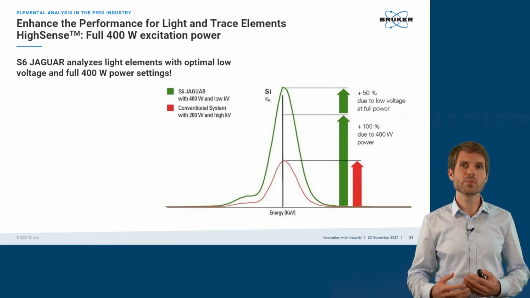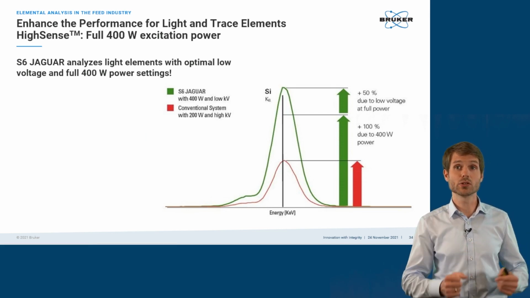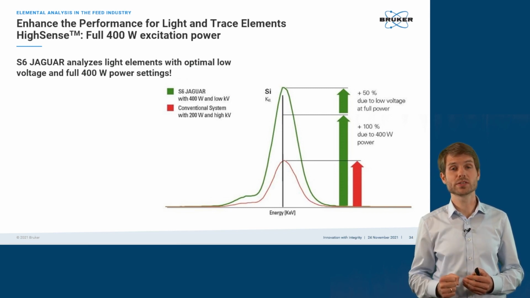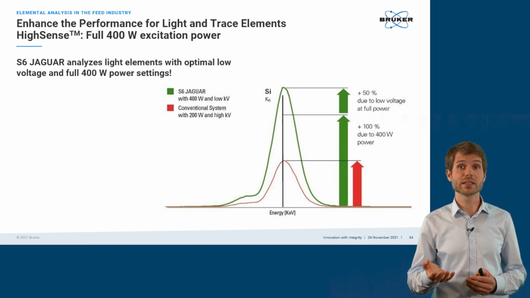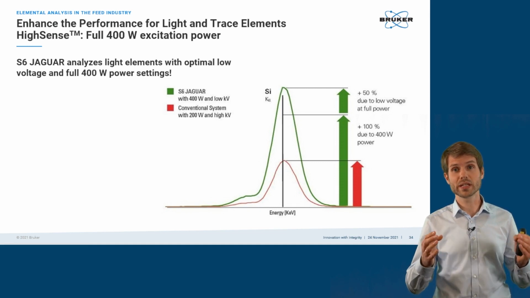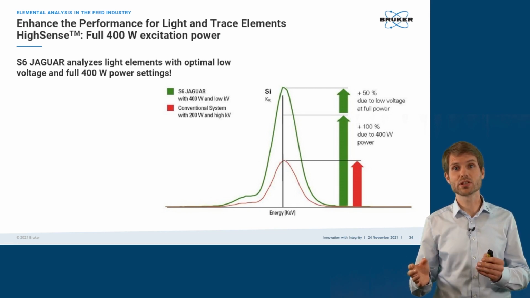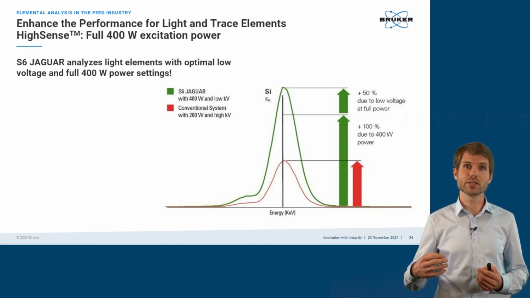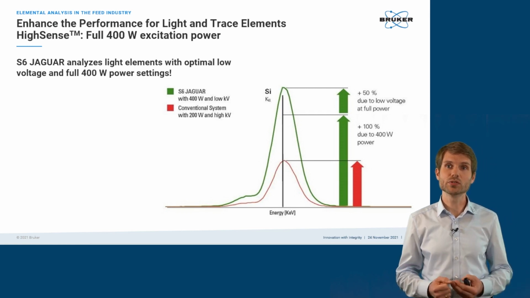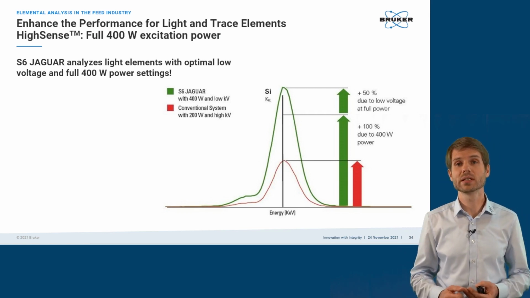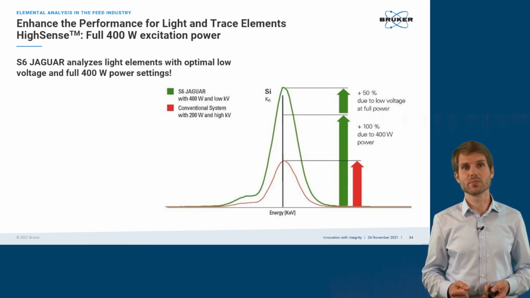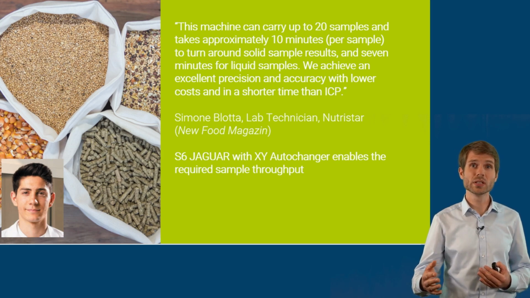One of the key benefits why in some cases it makes sense to go from energy dispersive to wavelength dispersive systems is the light elements. Here the JAGUAR really performs because, with the combination of high current and high voltage and the 400 watt power, it allows you to properly excite the light elements. So you are not even a factor of 2 better than 200 watt, just as an example here, but essentially 150% more performance. So bottom line is